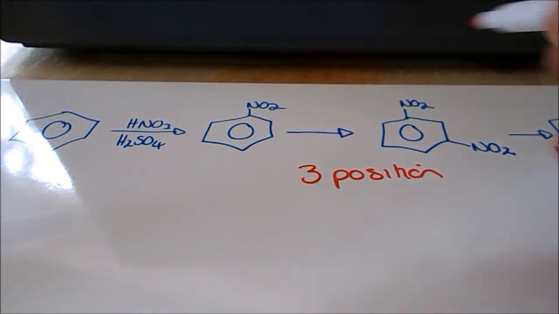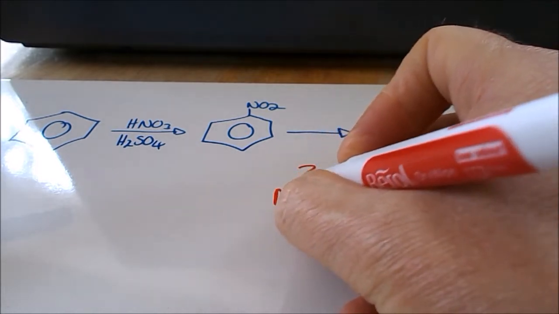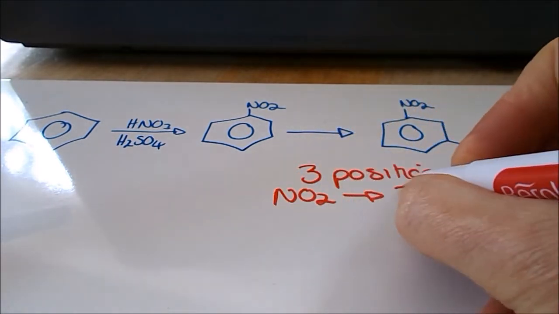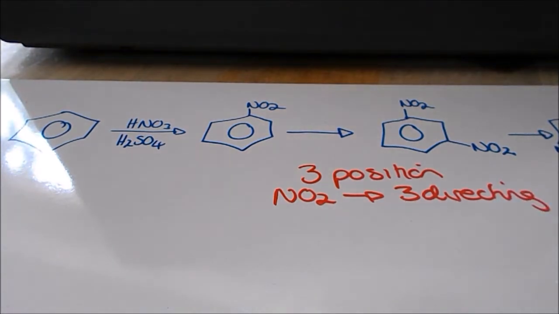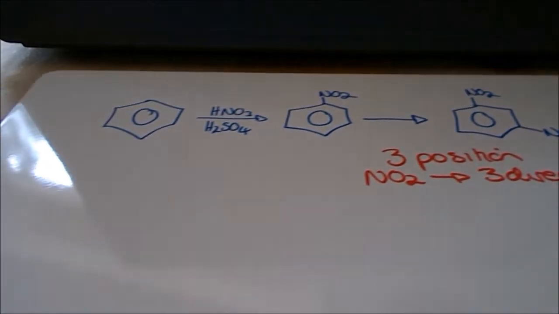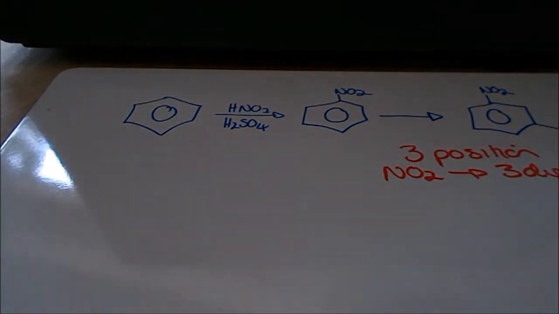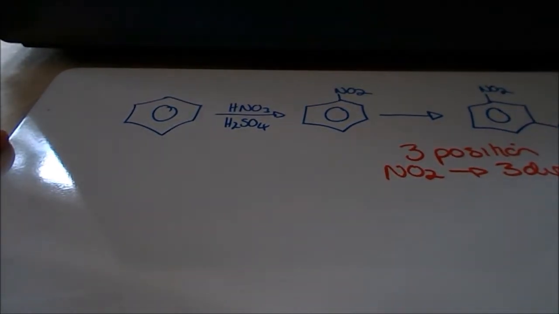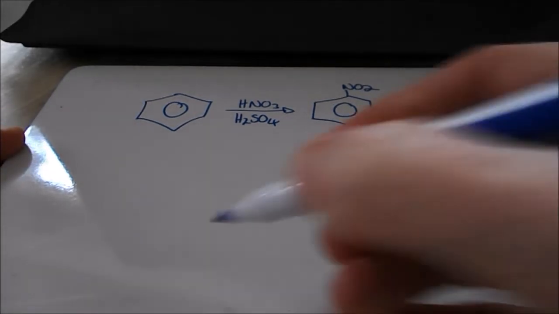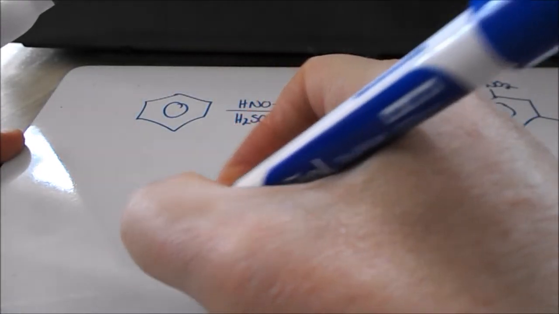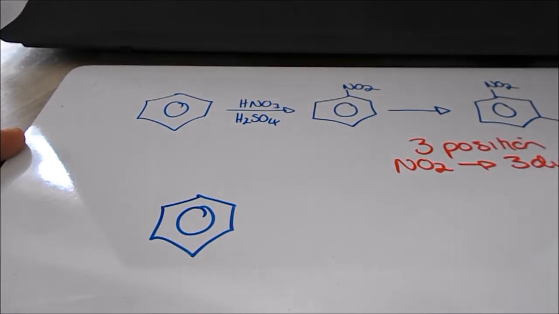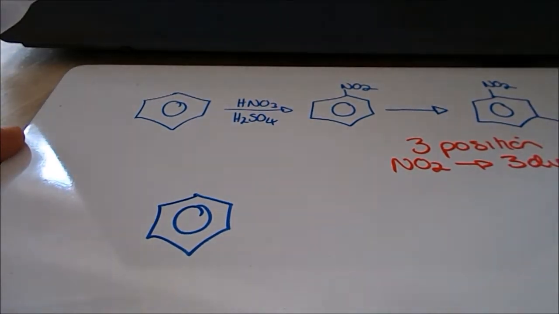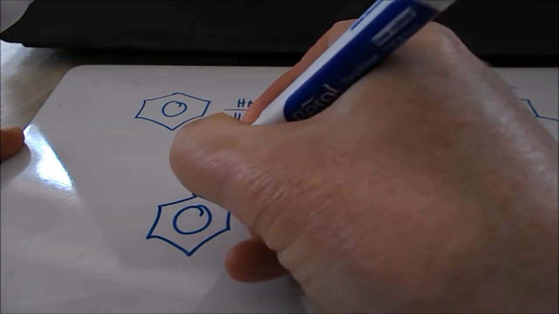So we say that the NO2 group is 3 directing. Now, with different groups attached onto your benzene ring, you can get substitution in other positions. So if we take, instead of the NO2 group, an OH group